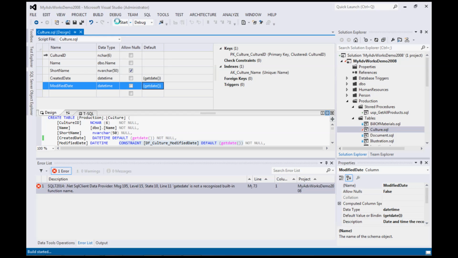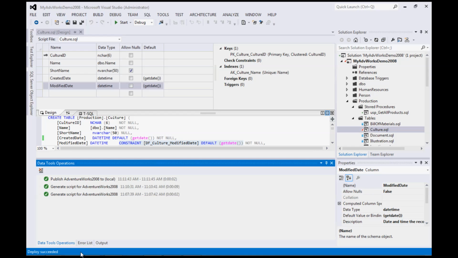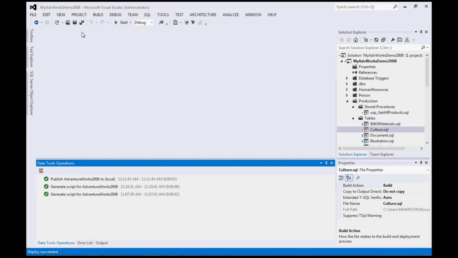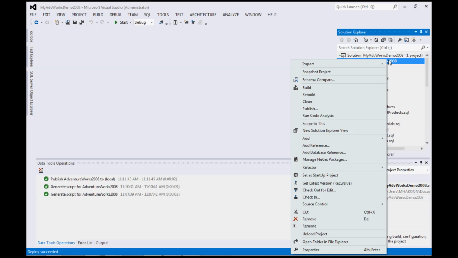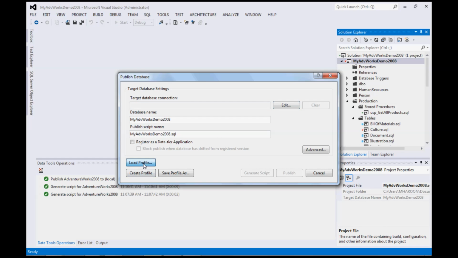And if I click on the start button, it should go and deploy my changes, and it shows deployment succeeded. So now I'm confident that the change that I made here actually got deployed to my local DB instance. So as you saw, I fat fingered a default value, and Visual Studio caught it right away. I'm going to go and now make this change to my SQL instance. I'm going to load the profile,